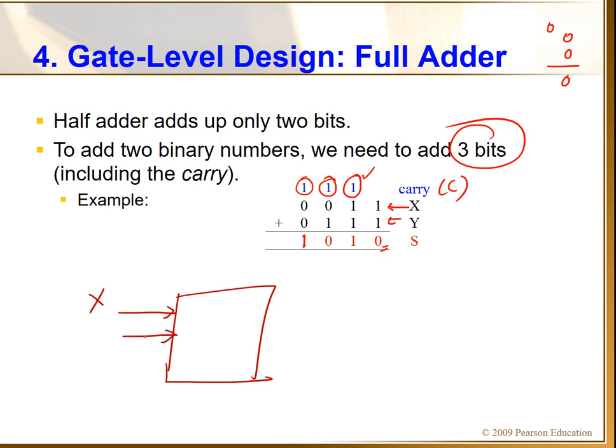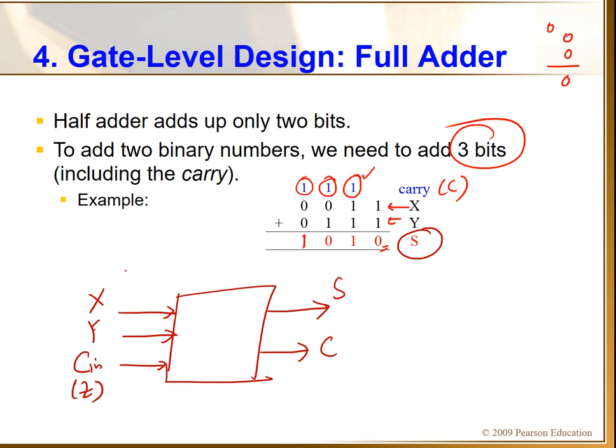x and y are my binary inputs. So there is another input which is actually my carry in. Okay, this is called carry in. You can also refer to it as an input z. Okay, so this is my carry in. So basically, for example, here you have to add 3 bits. And what is the output? You get a sum and a carry.